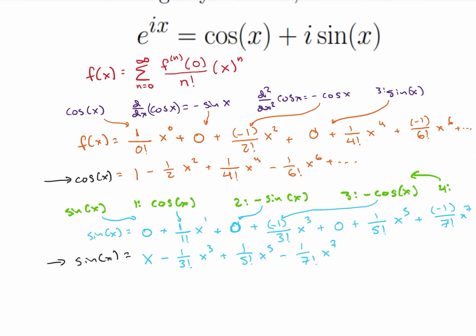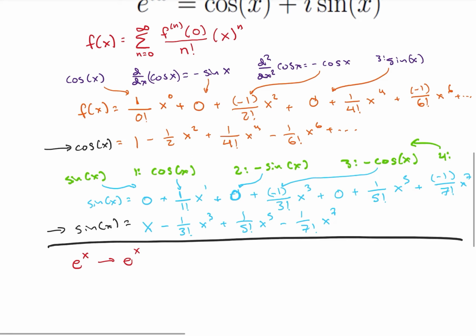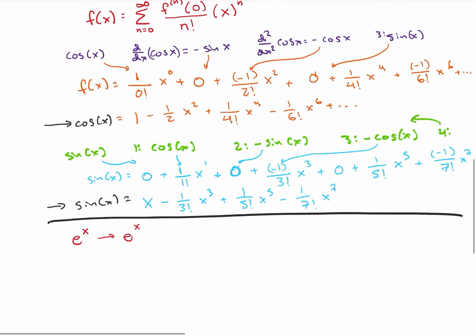So now what we're going to do is e to the x. We're going to take a little bit of a break from what we did above, and now we're going to look at the function e to the x. So what I notice is the derivative of e to the x is just e to the x. So I'm always going to have just e to the x. So if I wanted to do this Taylor series approximation, I see that e to the x is going to be